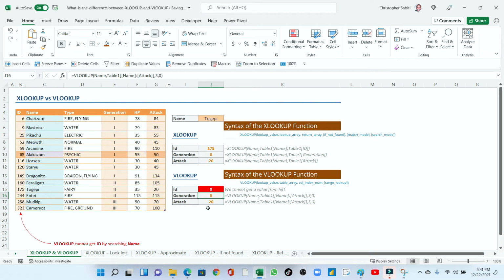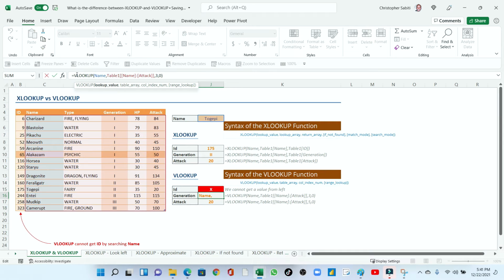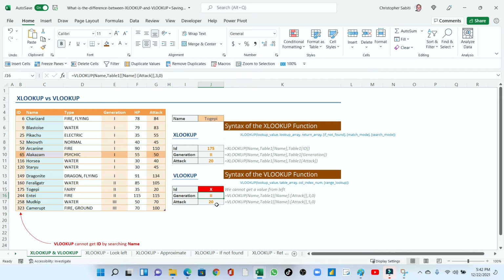Then you pick the generation. That's VLOOKUP: you pick the name, which is this cell, then the table array. Now with VLOOKUP, I will delete the whole of this and we do it together.